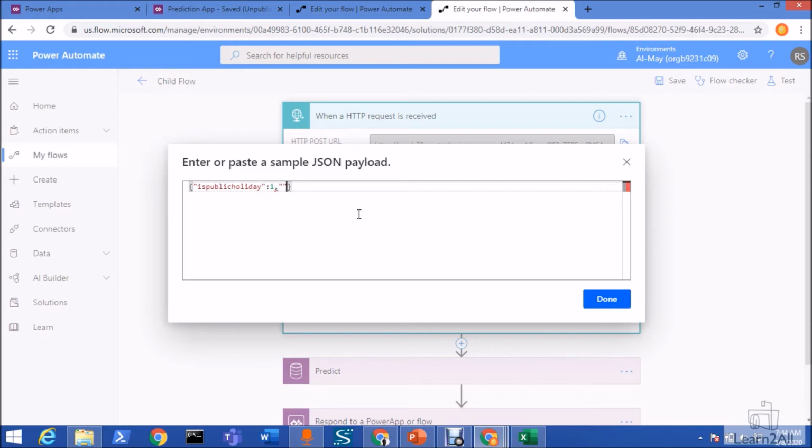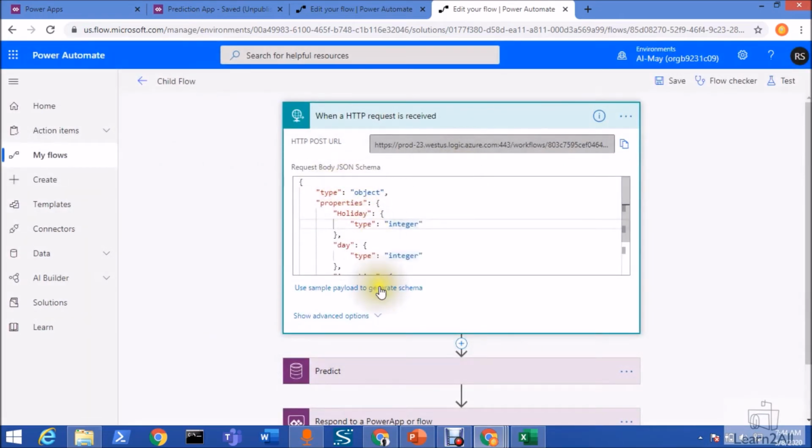Now if you need a parameter that is working day, and its value is 5, you can add any sample data over here, and at last you can add weekday, that should be 5, right? And you just need to click on done. It will create all the variables for you automatically. This structure is created automatically based on your variable names. So I took the variables holiday, day and is working, and their data type is integer. It has been generated automatically over here.